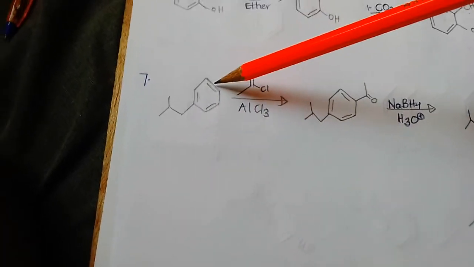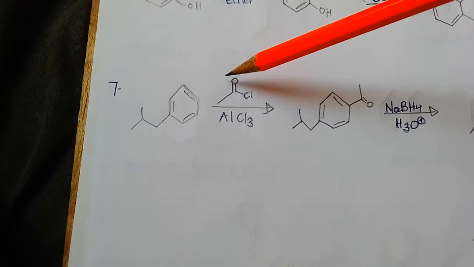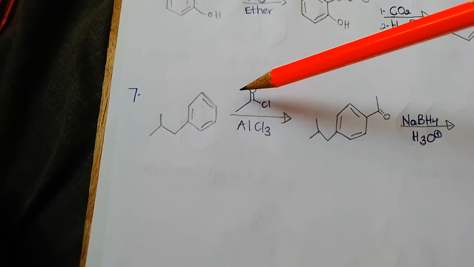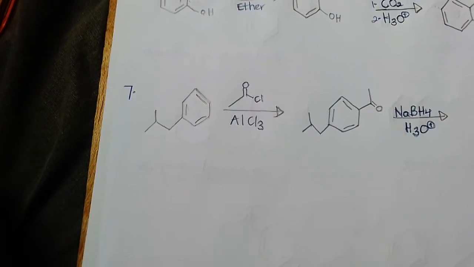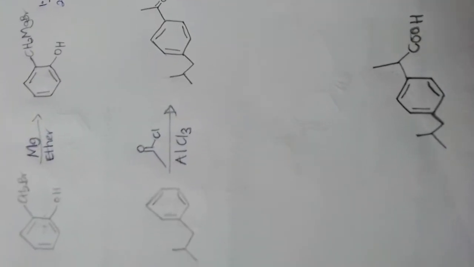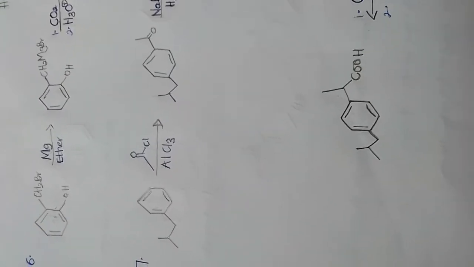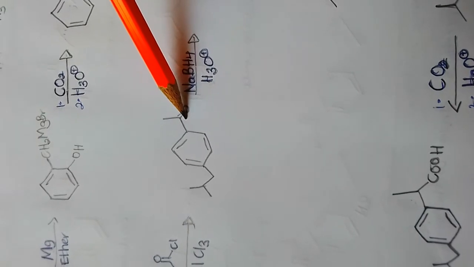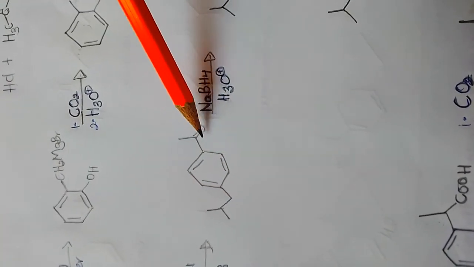So as we did in the previous video, if you have a benzene ring, you can do an acylation. You can attach an acyl group by a reaction we call Friedel-Crafts acylation. Then that Friedel-Crafts acylation will produce an acylated benzene. If you have this acylated benzene, having this as a ketone group or carbonyl group, you can convert this one